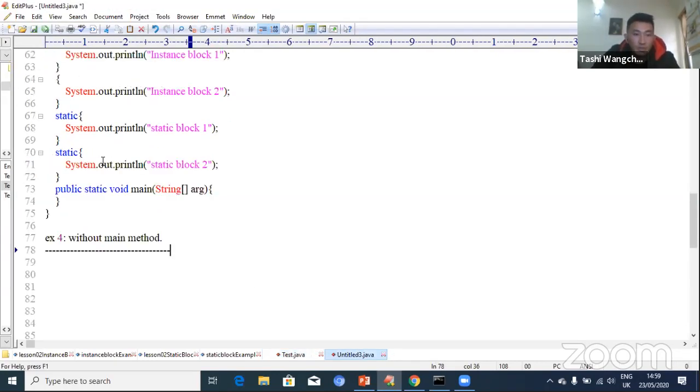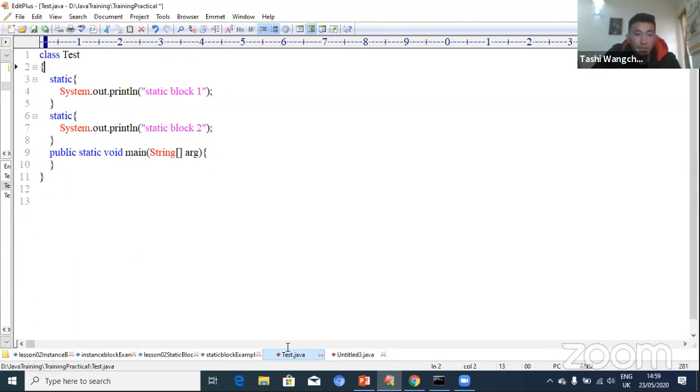This example shows what happens if we try to execute the static blocks without the main method, because the main method will be called by the JVM, and the execution of the Java program starts from the main method. Okay, so let's remove this main method and see